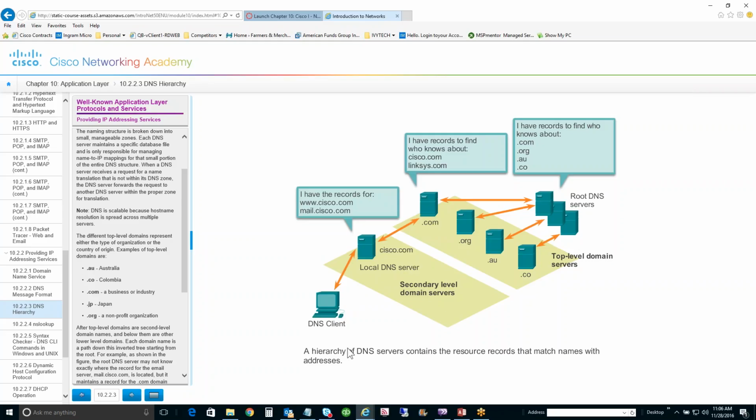This graphic does a good job of explaining the hierarchy of DNS servers and how that all works. Just to summarize, say you're on a web browser and you want to go to Cisco.com. It'll go to the local DNS server and look in the cache. If it's there, great, it just gives you the IP address right back. If it doesn't have it, it sends a DNS query out to the top level domain servers to see if they have it, and if they don't, those in turn will query the root